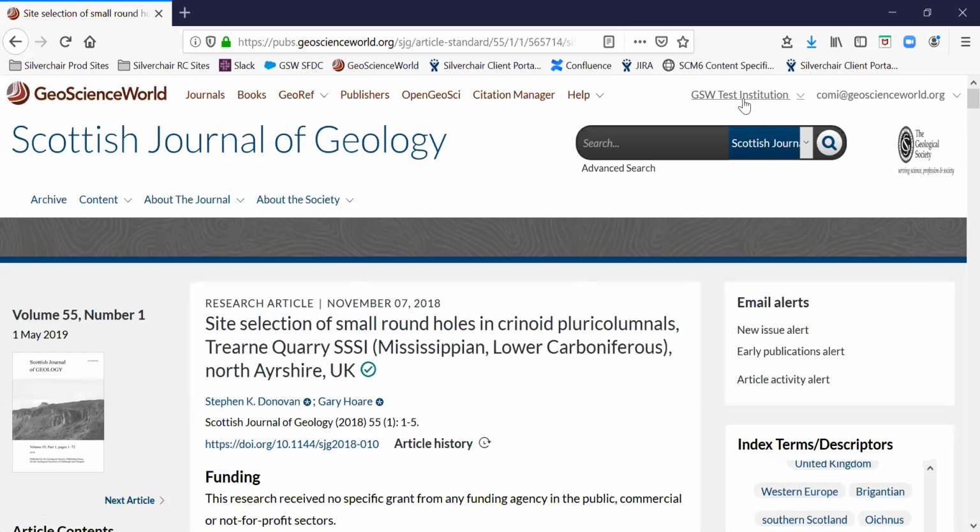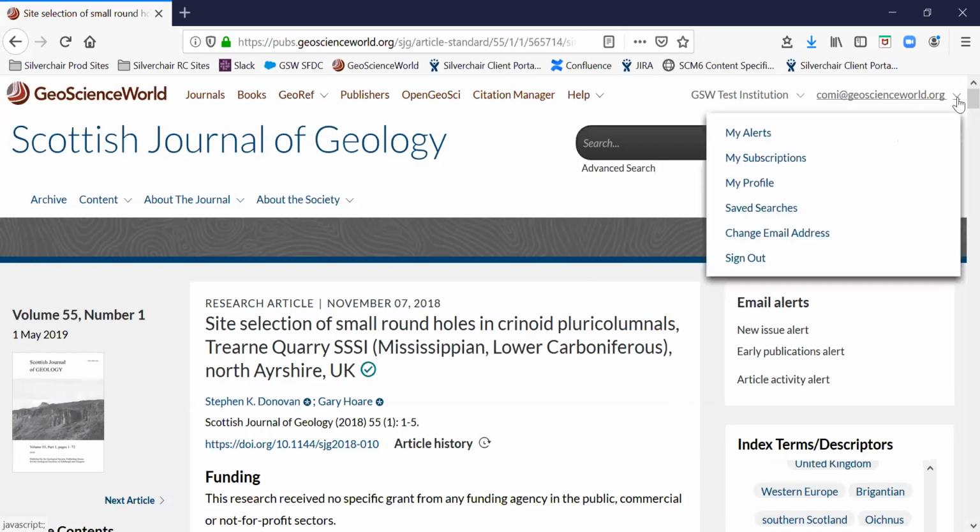As you can see up here in the right-hand rail, I have my GSW test institution. That tells me I'm institutionally authenticated, but I also have this username here, and that tells me that I am signed in as an individual. And when I'm signed in as an individual, I have a selection of options that I can see about my